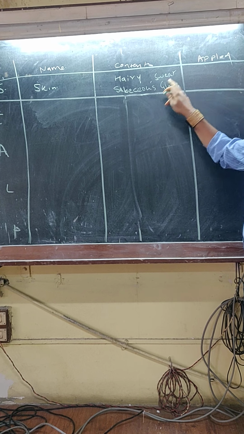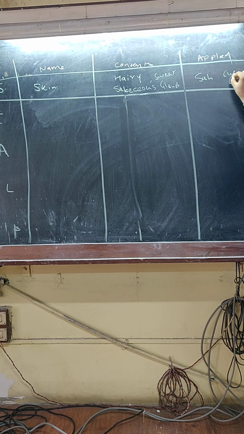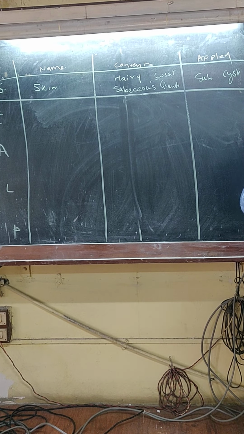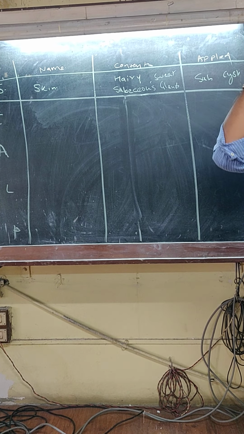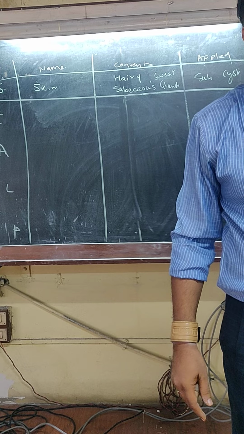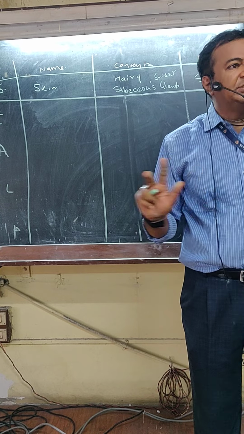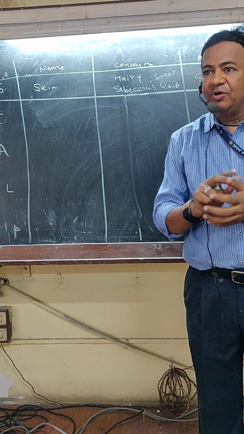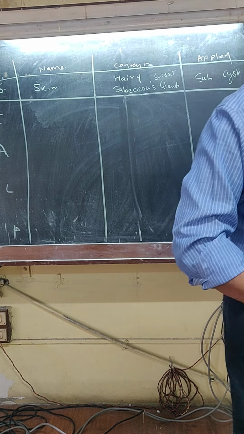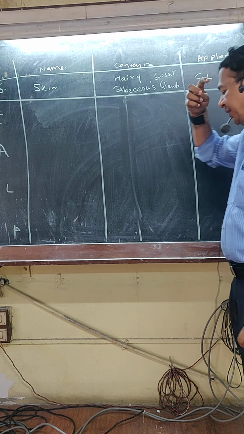Now, because of the sebaceous glands, applied anatomy, the layer 1, there are sebaceous cysts. So sebaceous cysts are very common in the head. Suddenly it starts paining here, then swelling comes, so don't be scared. It's not cancer. Most of the time it is sebaceous cyst. People get scared. Sebaceous cysts are very common. It has to be removed in time because it will put pressure on the other remaining hair follicles, and then there will be a localized alopecia, that is a localized baldness. Okay, therefore sebaceous cysts have to be removed in time.